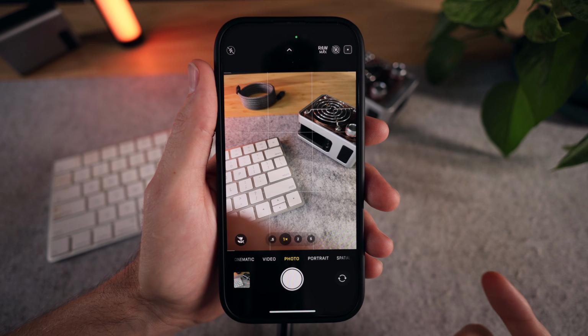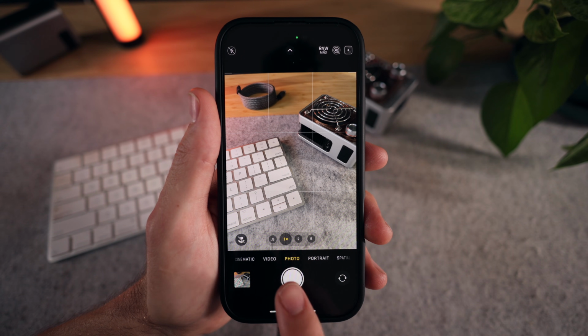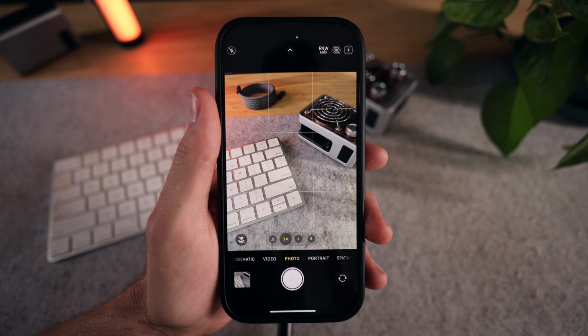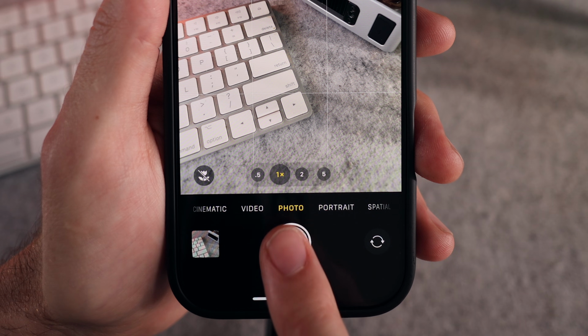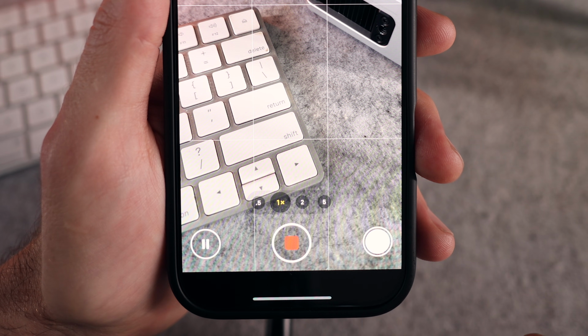These hidden iPhone camera features you might not know about. Even when you're in photo mode, if you tap and hold on the shutter button, it'll start video. If you let go, it will stop the video. But if you tap, hold down, and then drag to the right, it will lock it into video mode and